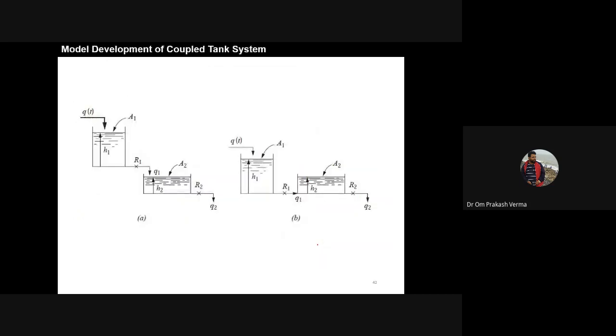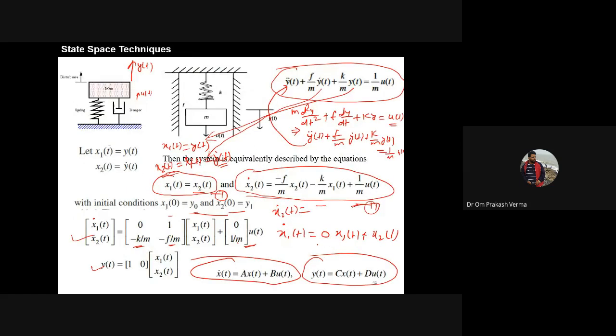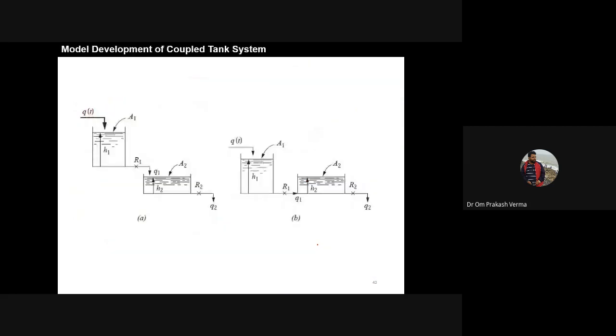Now this is a small introduction of the state space. We will discuss more about the state space technique. What we have learned till now is very important. If you want to develop the model, we have seen the different types of heating process, the mass damper problem, the blending process, the single tank systems, and also the distributed parameter model with the heat conduction model.